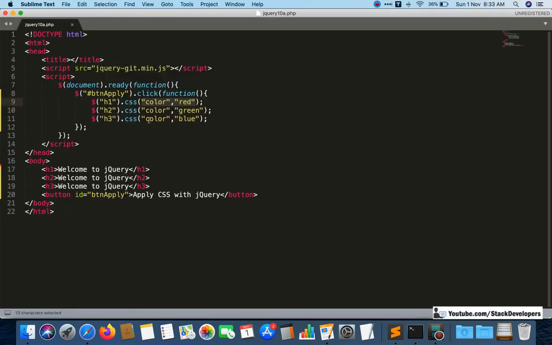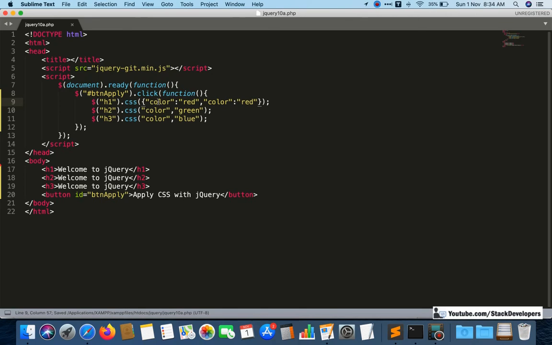Here, it is simple enough: property name and value are separated with a comma, with no curly brackets and no colon. But this is different. For adding multiple CSS properties, we need to start with curly brackets like this and end like this, and here not a comma but a colon, and after that the comma will come. Then you can apply the same thing again and again, whatever property you want to apply.